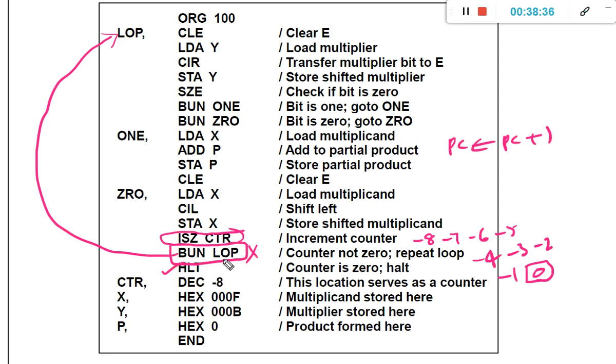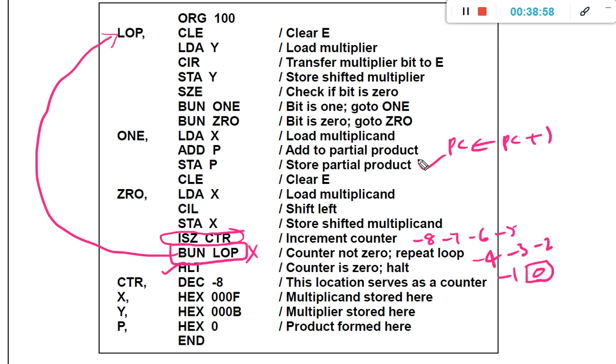The computer will stop execution, which is the end of the program, and the product will already be available in P. Like this the multiplication operation is performed.